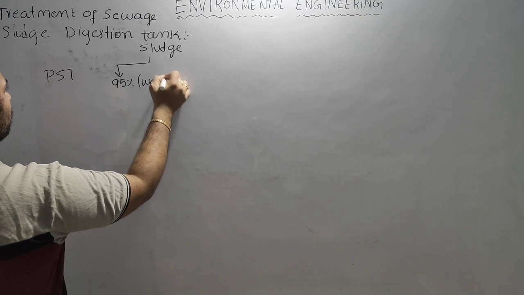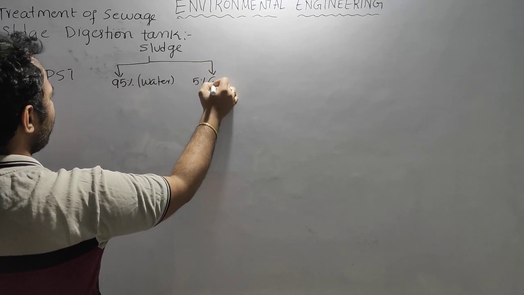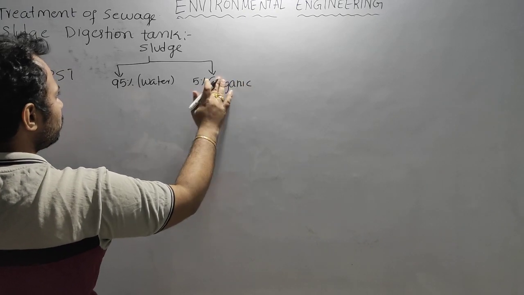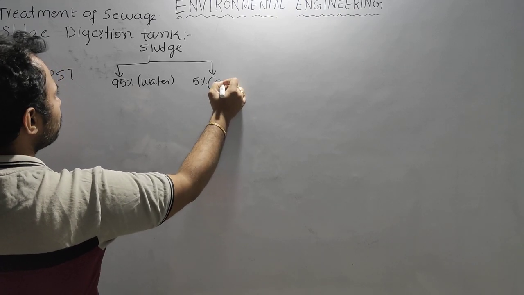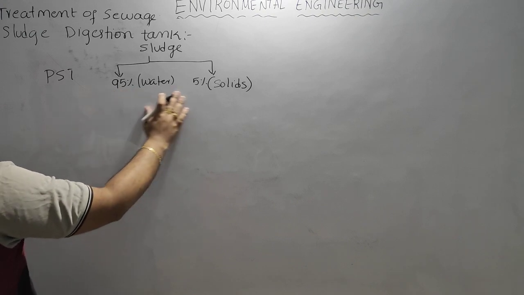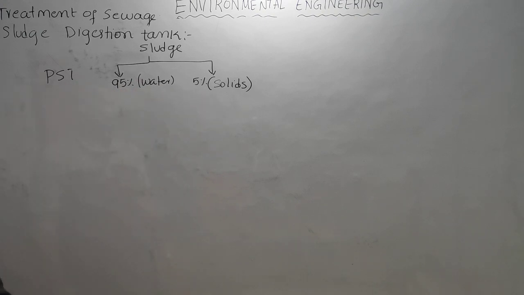So 95% is water and 5% is only the organic matter. Not only organic, inorganic matter will also be present, so we call this solids. So 95% is water, 5% is solid when it is from the primary sedimentation tank, because the quantity of the organic